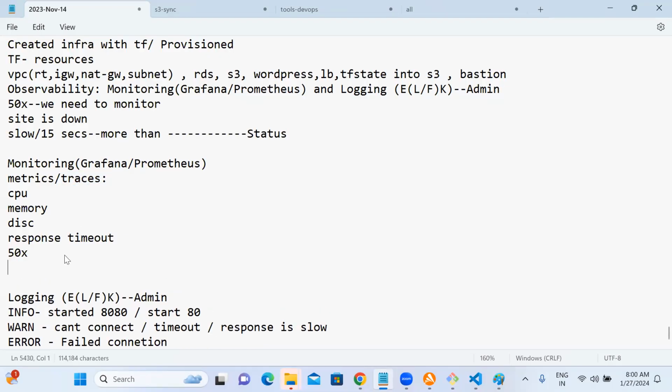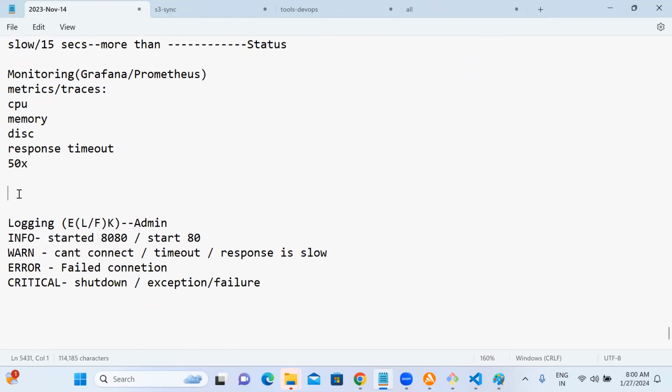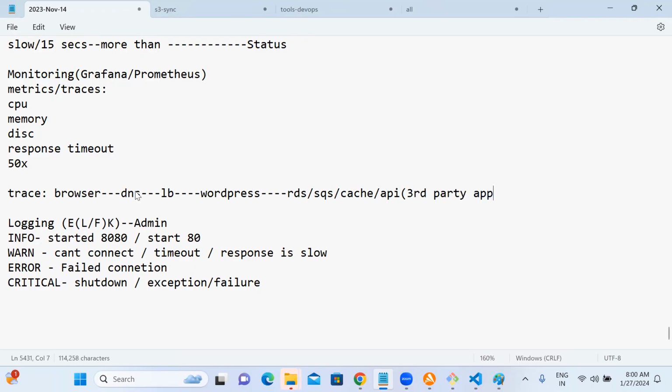For example, a trace example is from the browser, DNS, how long it took from the browser to the load balancer, then load balancer to WordPress EC2, WordPress to RDS or SQS or cache or some other API, a third-party app.